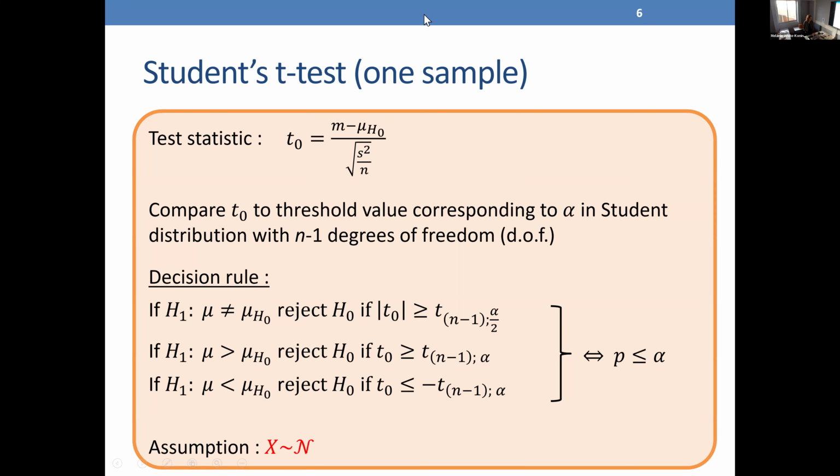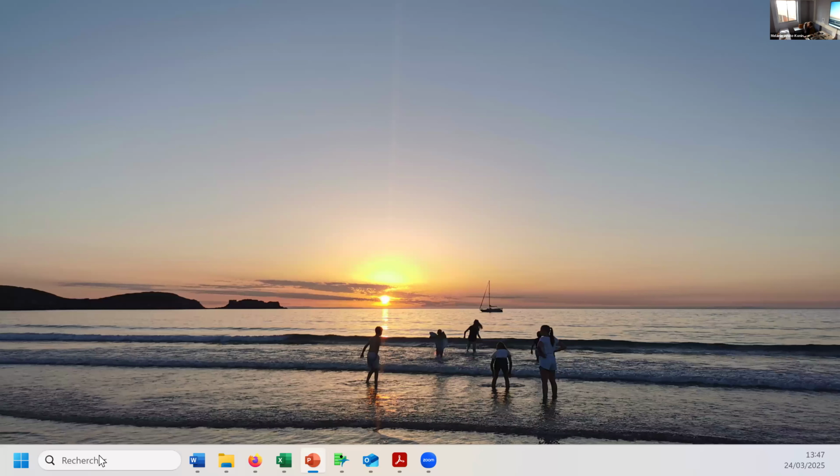To do a Student t-test with one sample, you need to check whether the variable that you're interested in follows a normal distribution. Have we done the lecture on checking for normal distribution, or not? Not yet. Sorry, I'm getting confused. No, we haven't done it yet, have we? No, okay, so we'll see that later. How do you check for a normal distribution? Okay, so